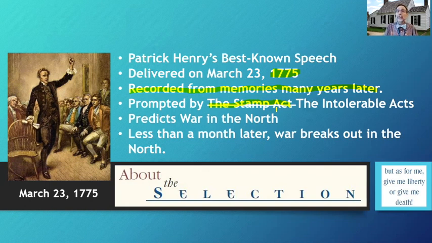Now, it is true that one of Patrick Henry's other famous speeches was a speech in which he railed against the Stamp Act. We had talked about that one, and I'm sure you remember it from American history. The Stamp Act was a tax put on paper, and the monies were going to be used to pay the debt that the British incurred during the Seven Years' War, or as we call it, the French and Indian War. He did give a speech on the Stamp Act, but the famous "Give me liberty or give me death" speech was actually in response to the Intolerable Acts, and we talked about that.